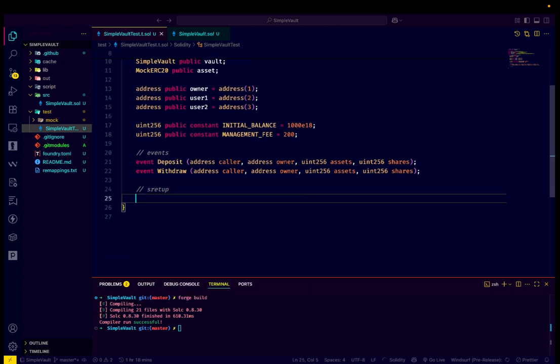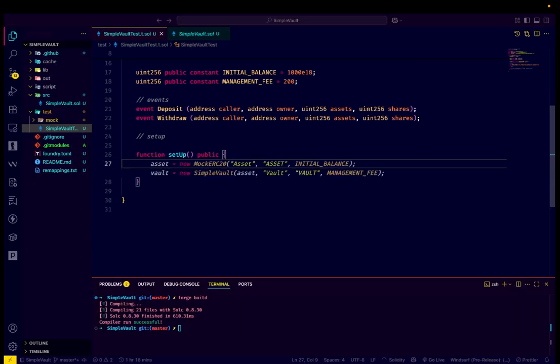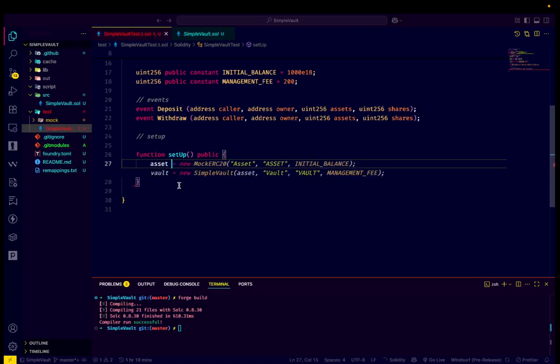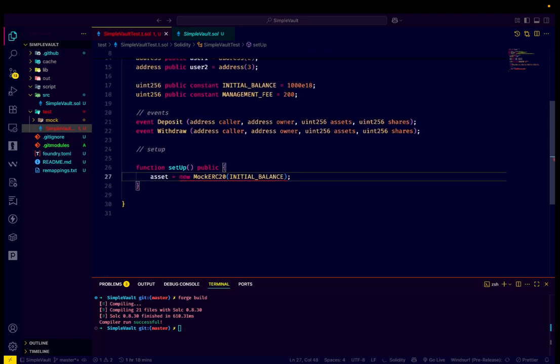Let's set up our main function. Let's write our main function here. Function setUp, and as you know, we always need to make it public. And let's first deploy our mock ERC-20 token. So let's name it asset, which we declared here, is equal to new MockERC20, and inside that,